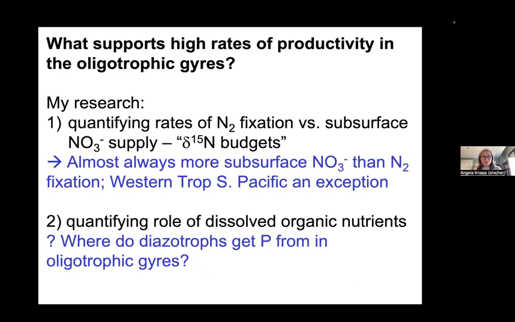But the second part that I want to very quickly talk to you about, and we had a couple of papers published yesterday, so there are some new results hot off the presses that I'm really excited about, is the role of organic nutrients in supporting carbon fixation and export production. Because you can have